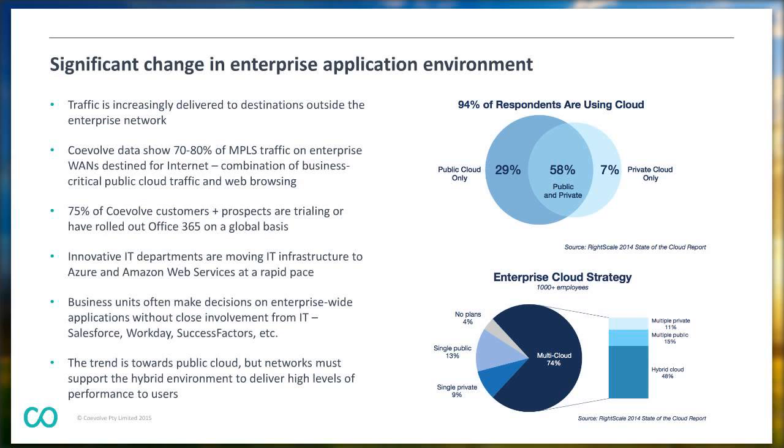That's a mix of browsing traffic and web application traffic, and the web application traffic and cloud service traffic is significantly increasing as a proportion of that total. It's gone from a very tiny percentage a few years ago to, in many cases, 50% or more of the internet-destined traffic now being critical business application traffic.